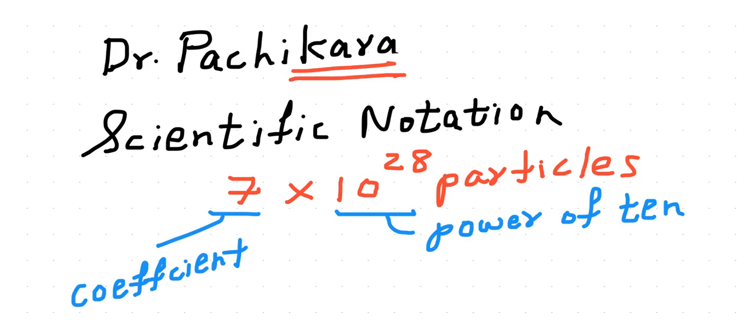The topic of this lesson is scientific notation. Here is an example of what scientific notation looks like: 7 times 10 to the 28th. This essentially represents 7 followed by 28 zeros, which is a lot of zeros, and that's a number you really don't want to write out on a sheet of paper. Having said that, scientific notation is a way to express very large numbers like this, or very small numbers without